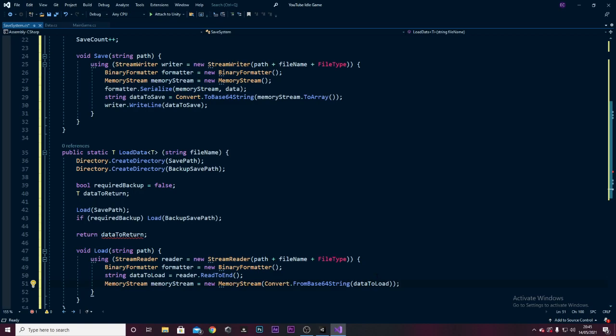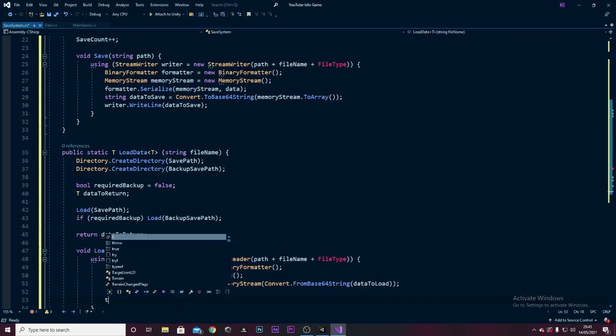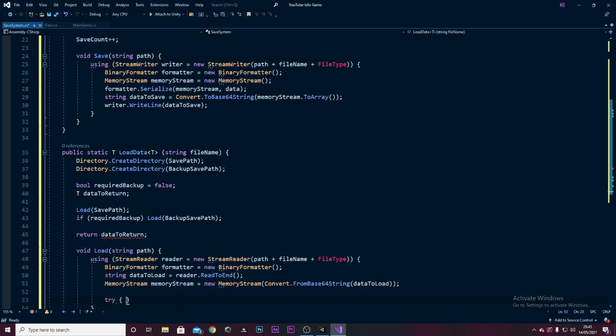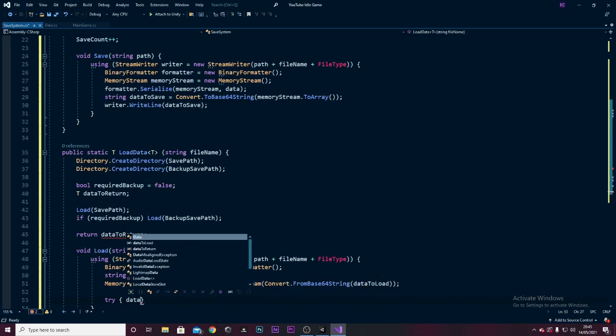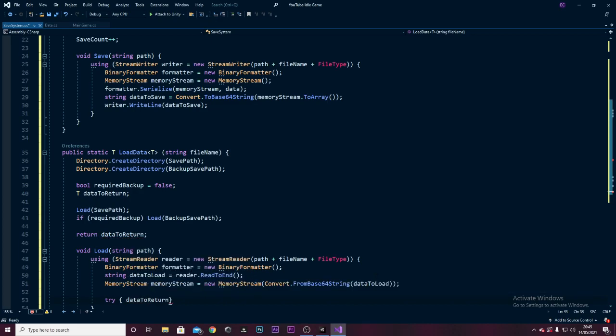Now I've only got one last bit to do here. Once again, still in the using, by the way. We're now going to say try, and then dataToReturn equals, and then bracket T